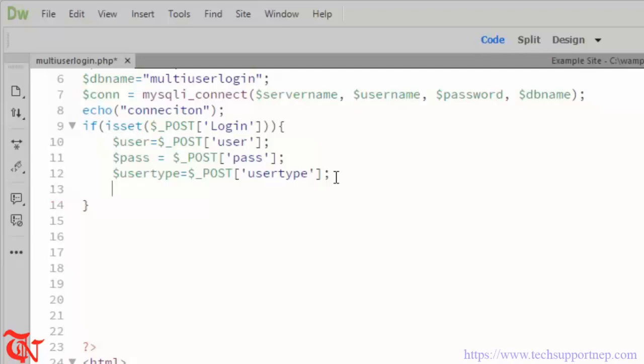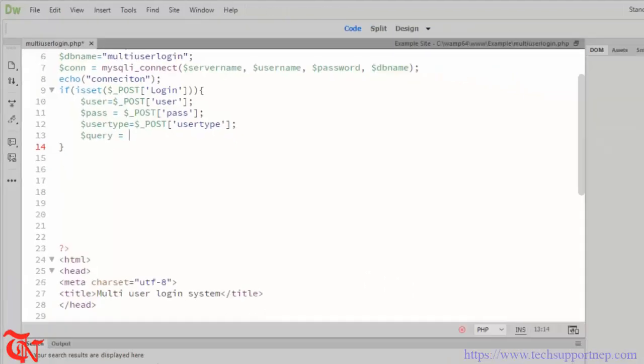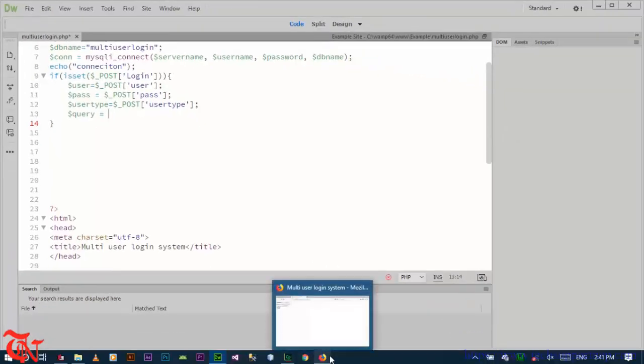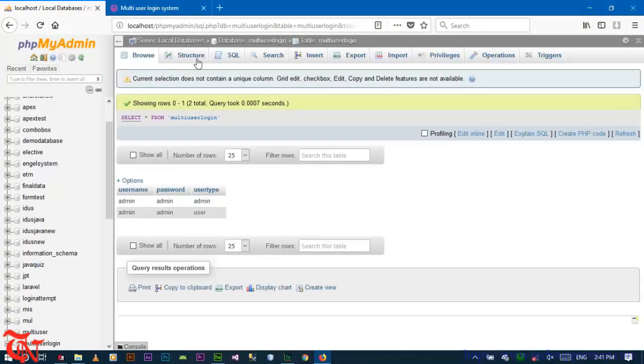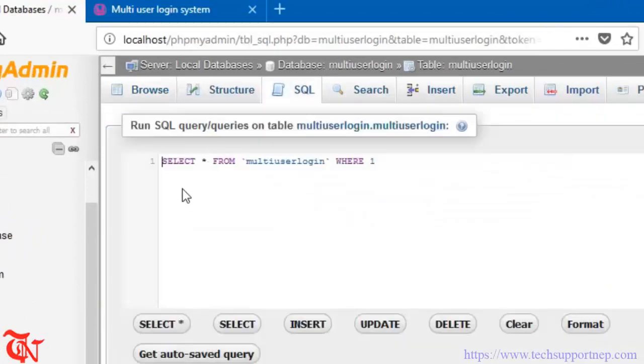Now we need to write the query. So query is equal to, we are going to write the select query because we need to select the database value in our program and compare this value with the user input value. So for this, go to SQL, write select